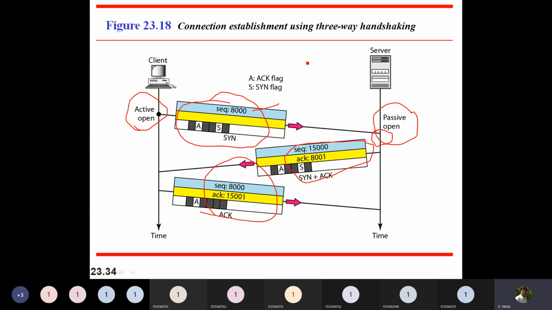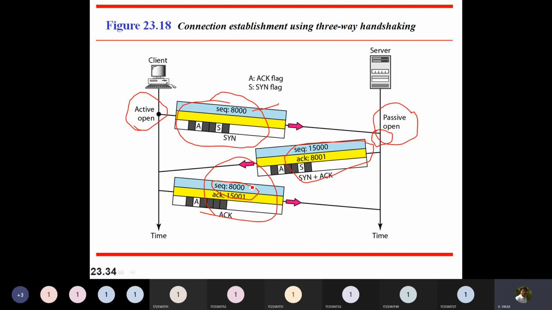But when I consider a synchronous message or acknowledgement or FIN message, they won't carry any data. But SYN and FIN messages will consume one sequence number. But if you are just sending one acknowledgement, then your sequence number will not change. That is the point you have to remember.